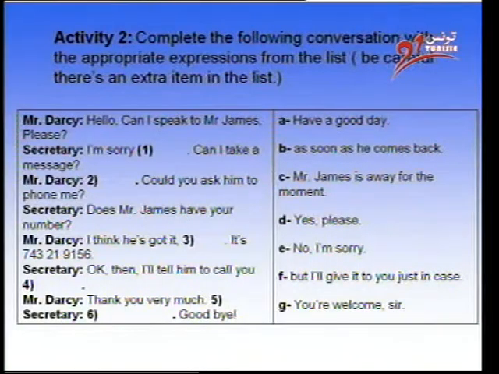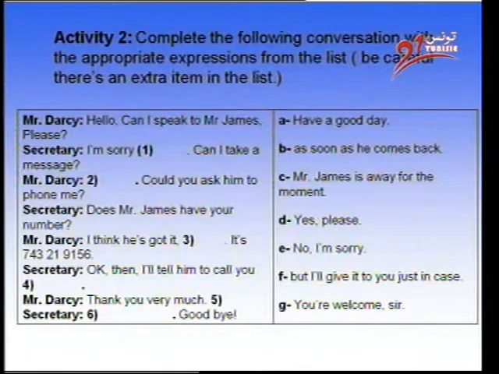Now let's move to another type of exercise. It is still a writing exercise. Look here. This is a telephone conversation, but it is lacking in some information. The information, or the sentences or the parts of sentences, you have them in the second column and the conversation is in the first column.